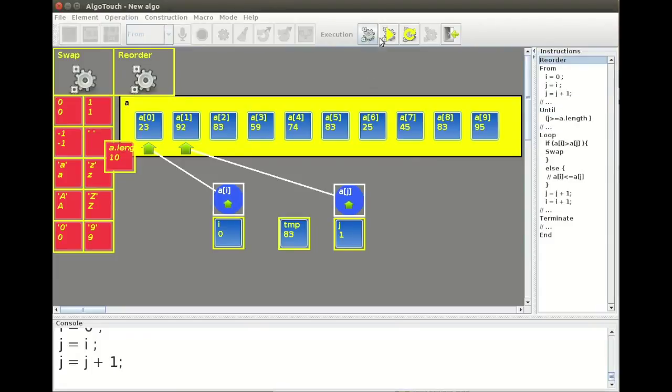Here I will go step by step, that is playing only one part of the algorithm at a time.